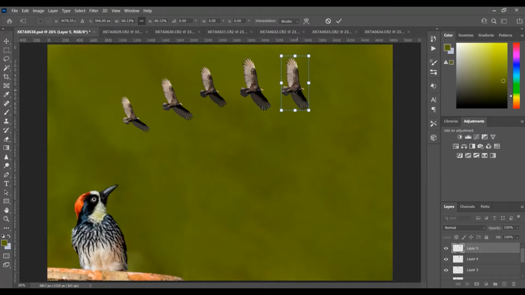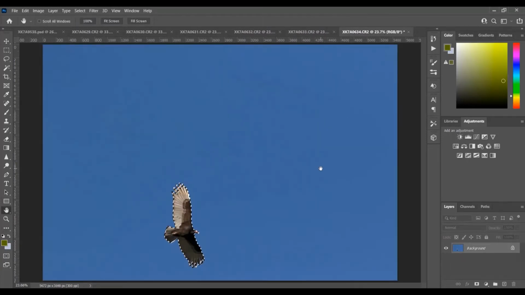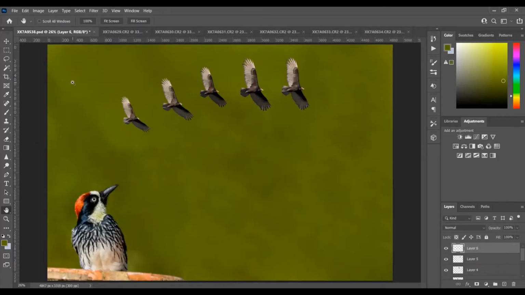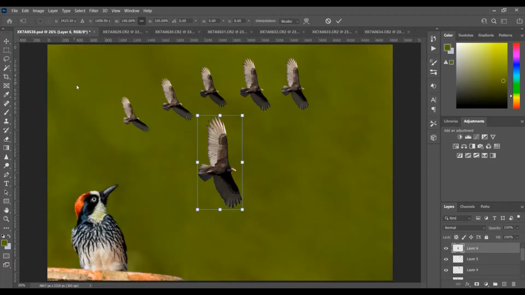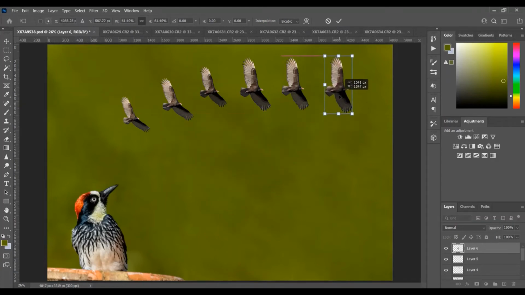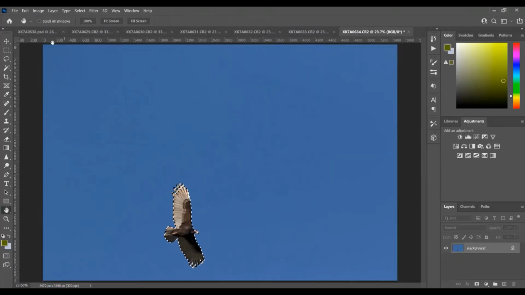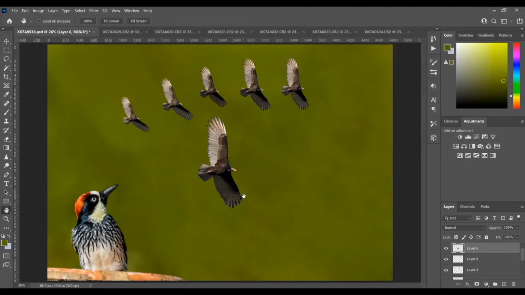As you can see, these images were not really useful when we shot them. So all the images are here and I will resize this too.